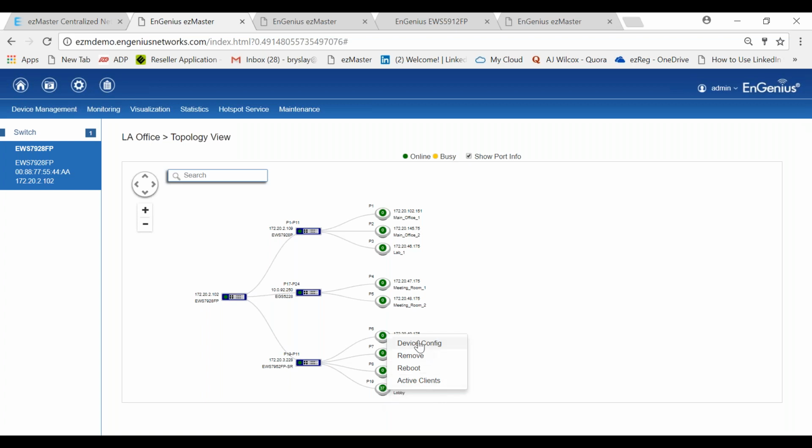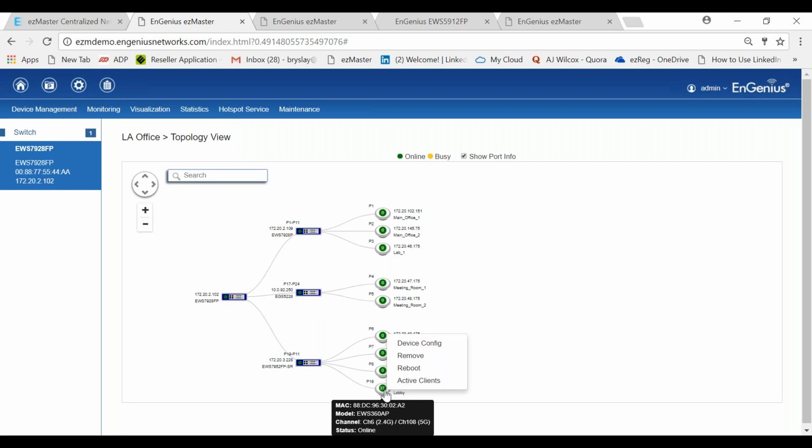I can click on that device and go again to the device configurations and start maybe resolving issues in this project, in this area, off the switch, and in this access point lineup. I can go to the device configurations and start to troubleshoot. I can look at the device configurations. I can also do a soft reboot. I can actually reboot the access point if I want to. I can notify my end user that I'm going to reboot this particular access point that's in the lobby.